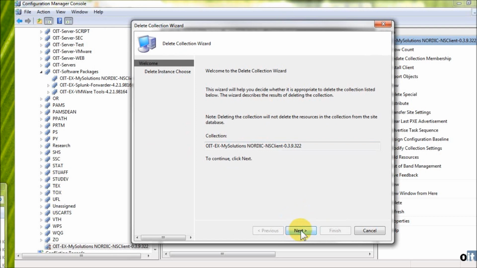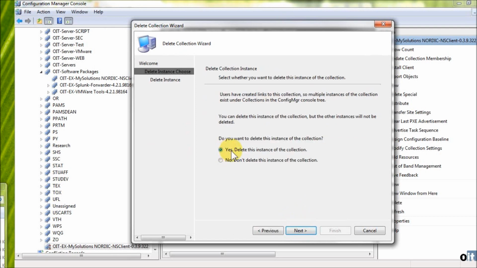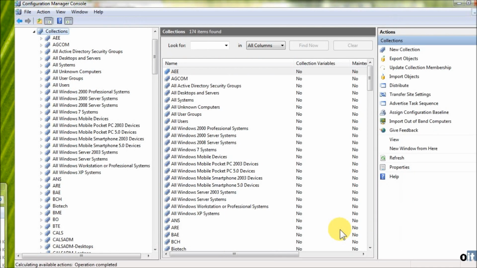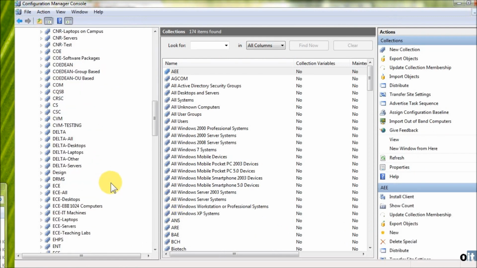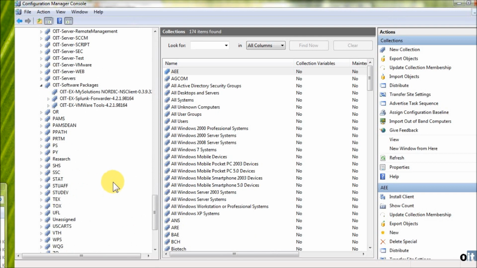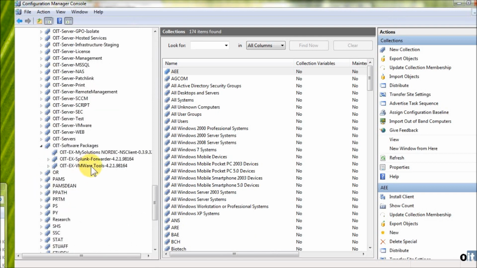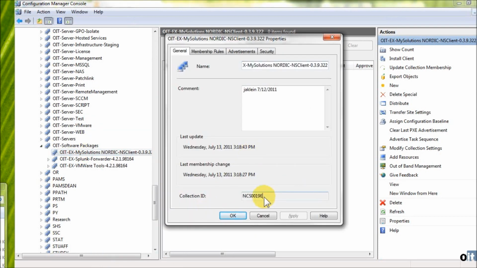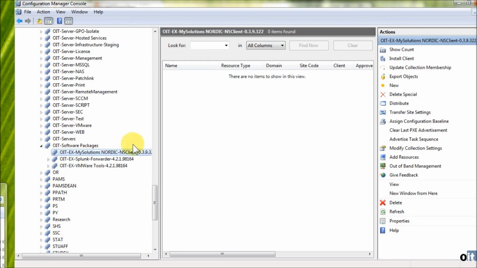And this is interesting to watch anyway. It warns you, oh my god, this is horrible. I thought it would then go through and show me everything that was linked to it. Maybe it doesn't because there's nothing linked. But at this point, I've deleted the copy that was in the root, and there's one under software packages, and it is fine and completely the same as it was prior to the creation, but now I don't have to look at it unless I open the software packages thing and want to look at it. So that's the first non-standard thing. The other